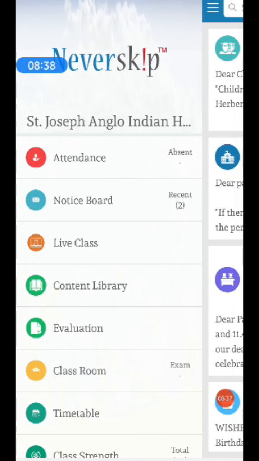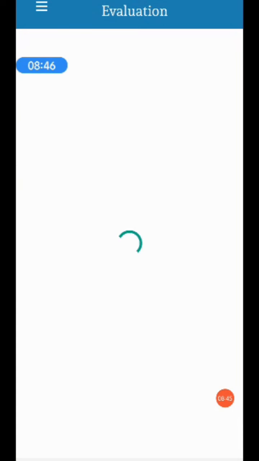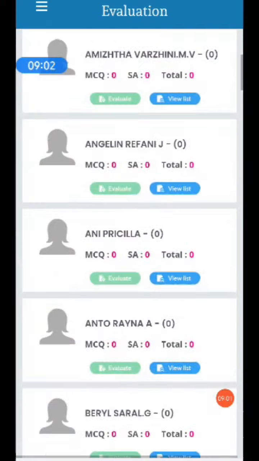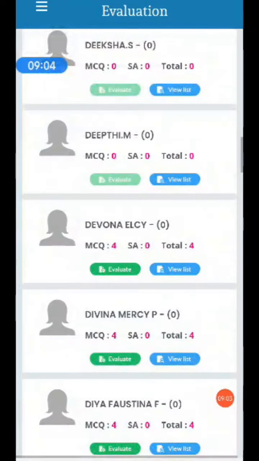So moving on to the third one, when you open the teacher app, under the evaluation column, you will have the list of children who have done that particular test. So here I am just going to show that particular child's work, what the child had uploaded for us.